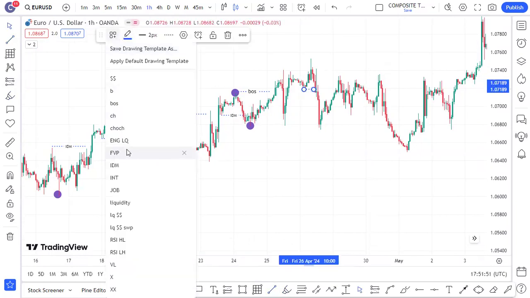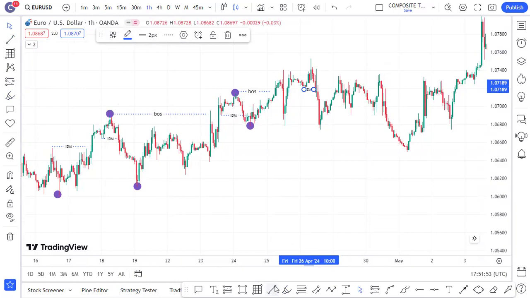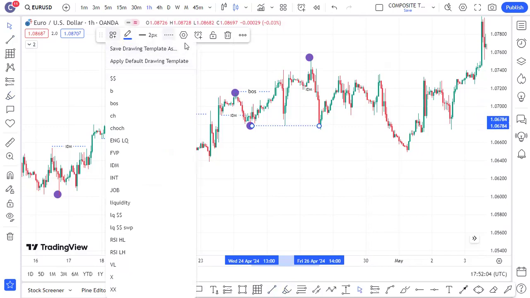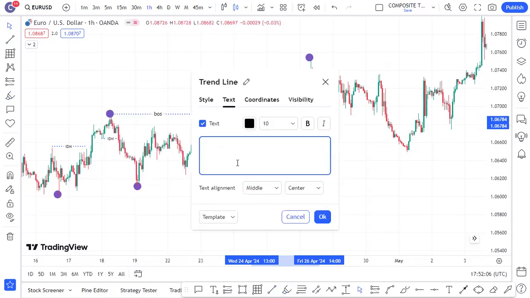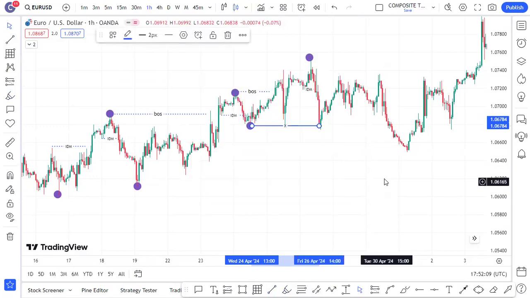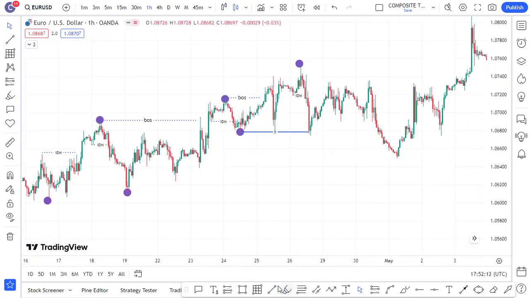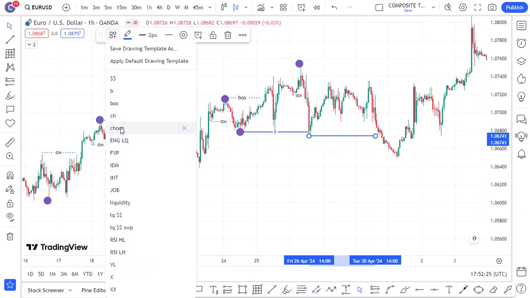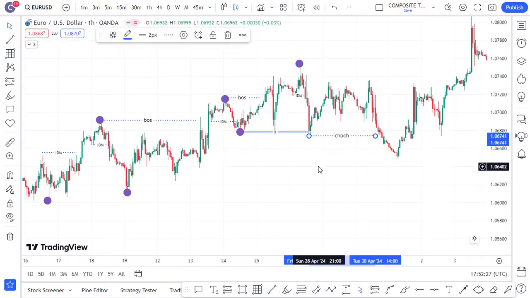This is our new inducement to the upside. New inducement there, IDM, and once the inducement is taken out, this is our high, and the market took out our low. This is just a sweep of liquidity here, a sweep of liquidity, and the market broke below this low, which is a change of character to the downside, with a CHoCH. But remember, this is not a correct CHoCH, because remember what we said.